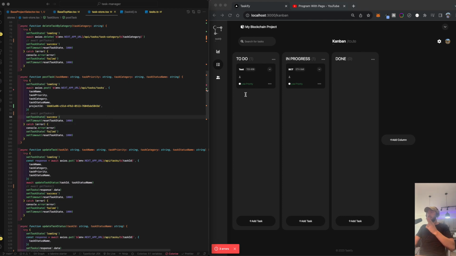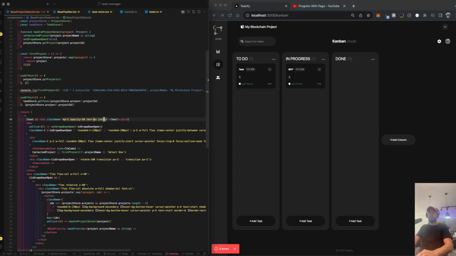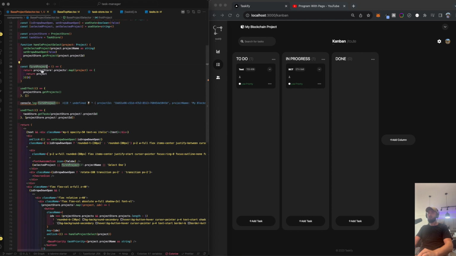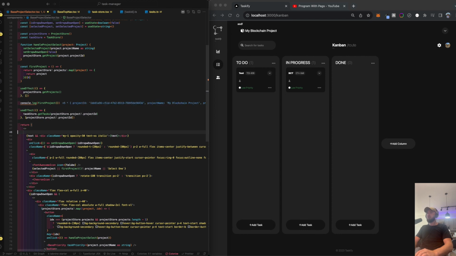So you can see that these tasks are associated with this blockchain project, and let me hard code which project we're selecting. I kind of built this default first project thing. Hold on, I'll explain that in a moment. But let me show you guys. Let's see. Here is where is this? This should be, yeah, at the top of the screen. So I'll just put in,